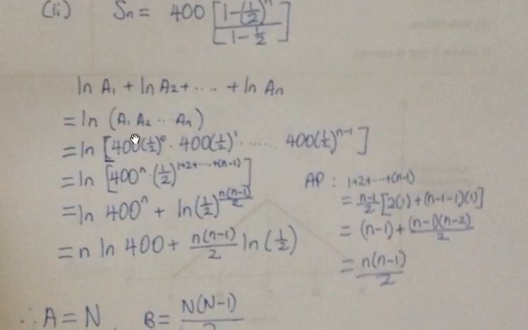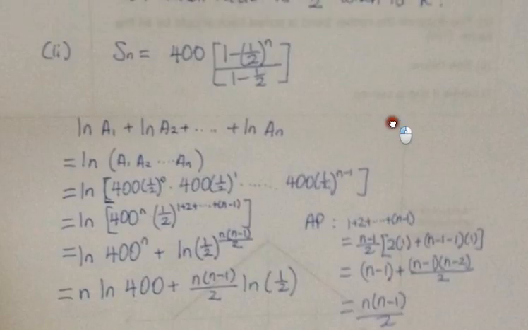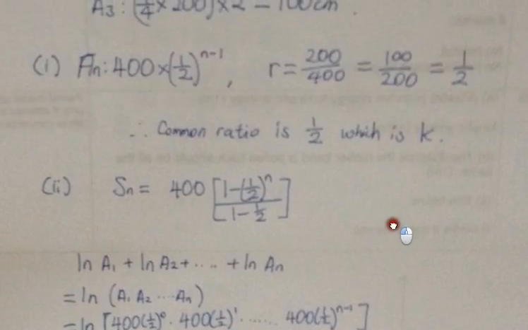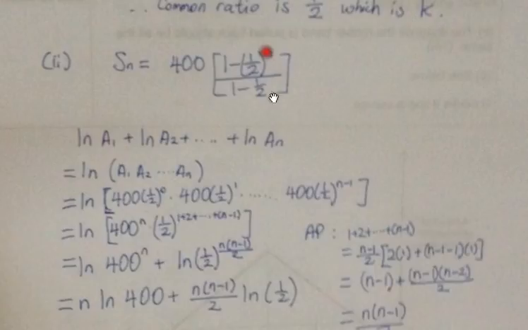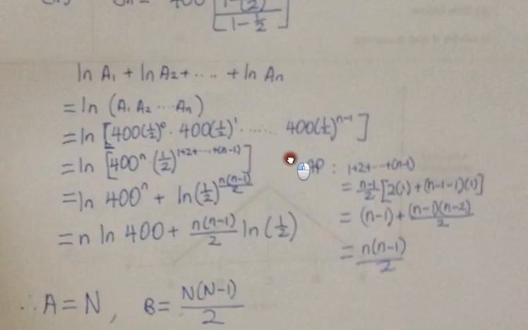So using the laws of logarithms, I'll write out the A terms again correspondingly. So we see that it's actually 400 times half to the power 0, times 400 times half to the power 1, and so on, until finally we reach 400 times half to the power of n minus 1. This is what we have found earlier in part 1. Simplifying and grouping up the terms, we see that it's actually ln of 400 to the power of n, because there are n terms, n minus 1 plus 1 is n, and half